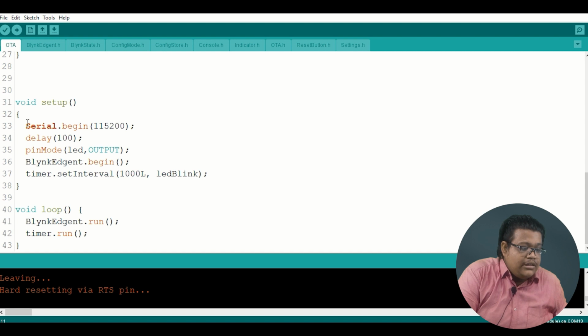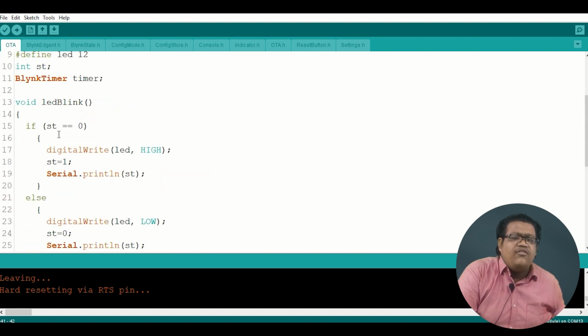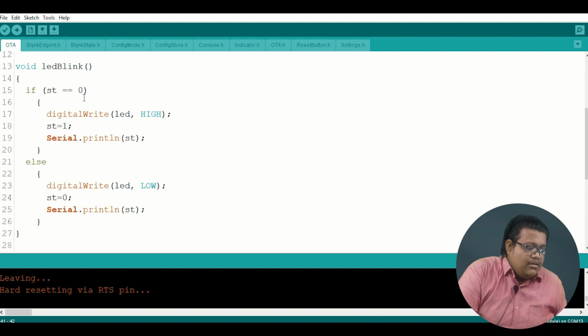First, I start the serial communication and set the LED pin as output because LED is an output device. And now I will set the Blink timer that will call the LED blink function once per second. There is nothing to write inside the void loop, keep it as it is.